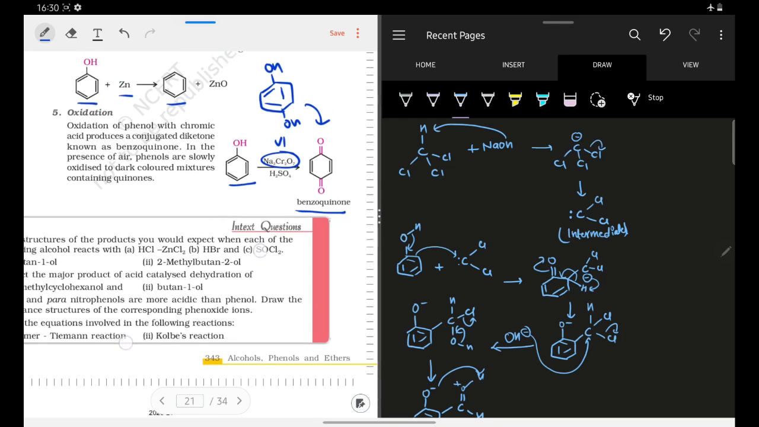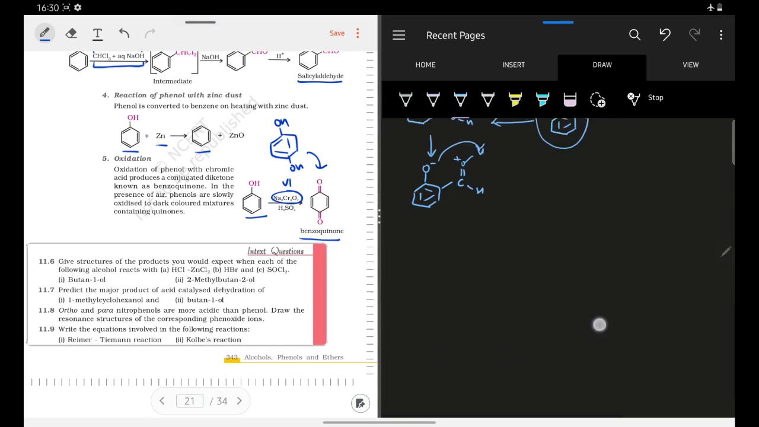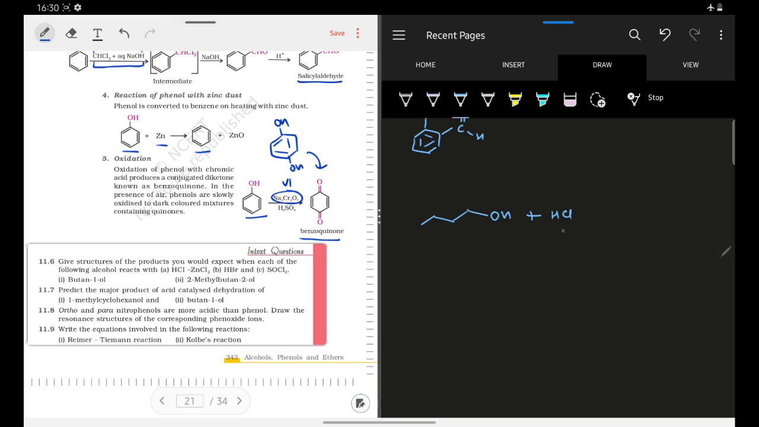All right, now let us try to focus on these in-text questions and try to solve them. 11.6, give the structure of the products you would expect when each of the following alcohols reacts with this. So first they have given you butan-1-ol, and they are asking me to react it with HCl and ZnCl2. So we know that this is Lucas reagent, and it will lead to the formation of your